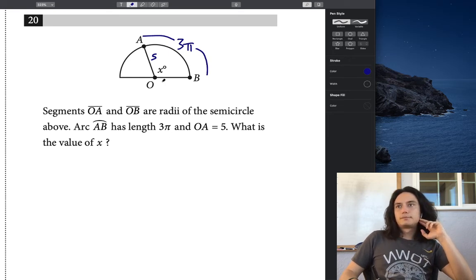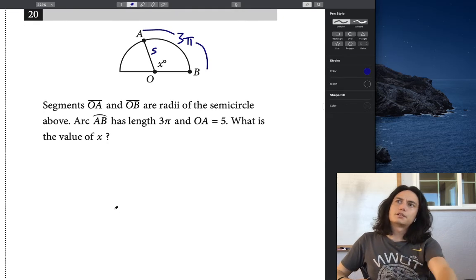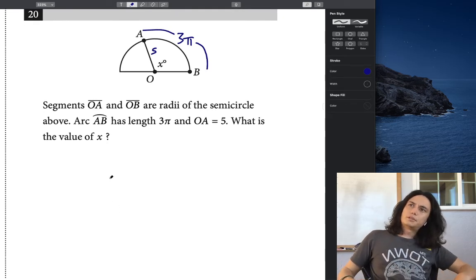What's the value of x? Oh, let's see how to think about this. I'm actually pretty rusty on this. I haven't done a problem like this in a long time. But the way to think about it is, well, what is the